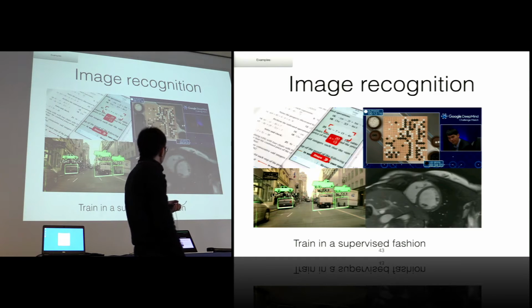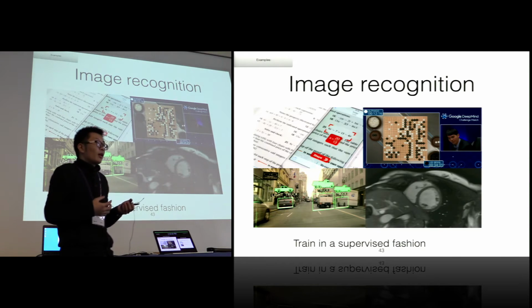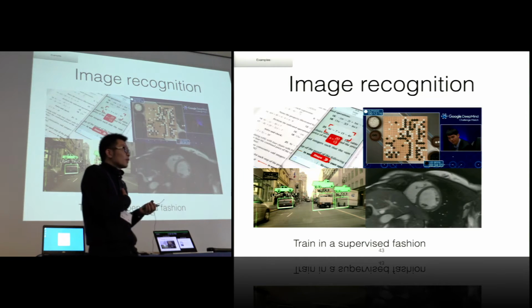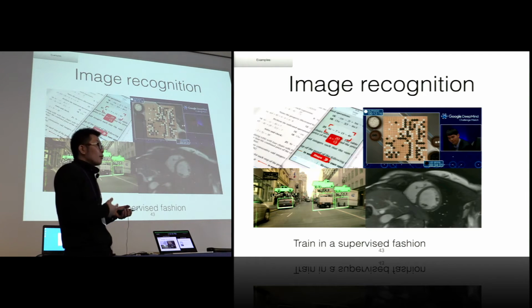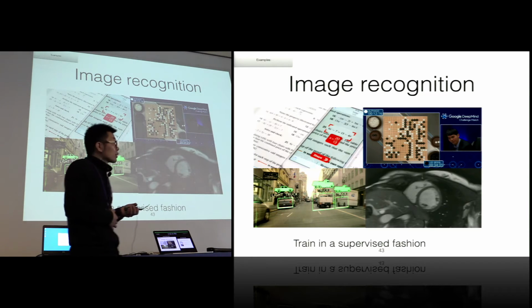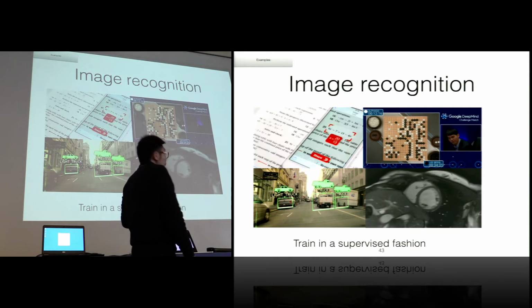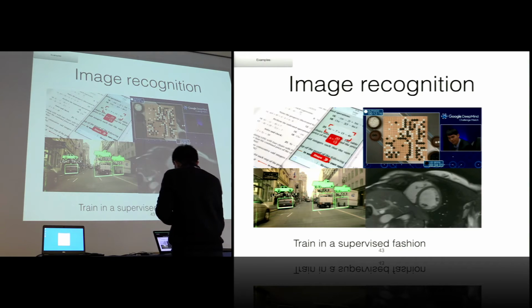On the bottom right is an MRI picture of the heart. Recently there was a competition that asked you to predict the change of heart volume during a series of MRI images. This can be an indicator of potential heart disease. So convolutional neural networks dealing with images work extremely well as long as you have data that are labeled and validated by a human expert or with ground truth.